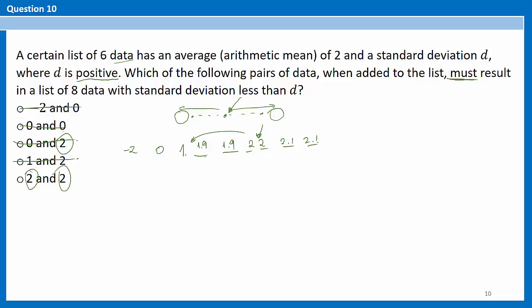If I add the values that are the average, I'm definitely going to make the standard deviation less than the original value, okay, because they are adding to the average. So the answer would be